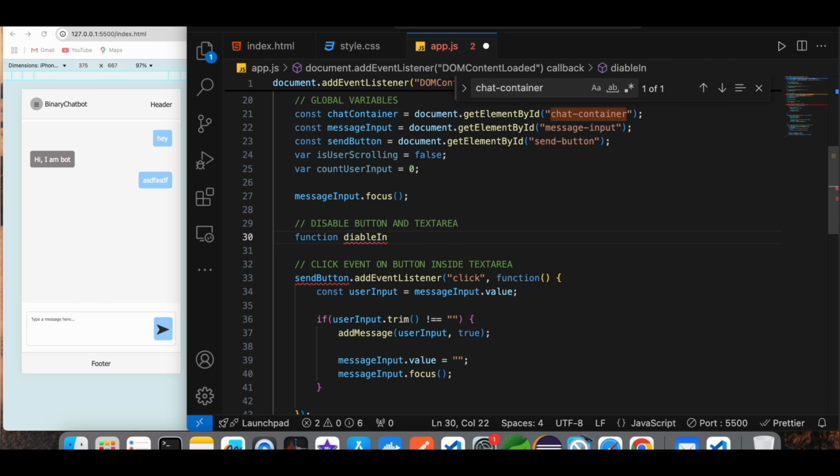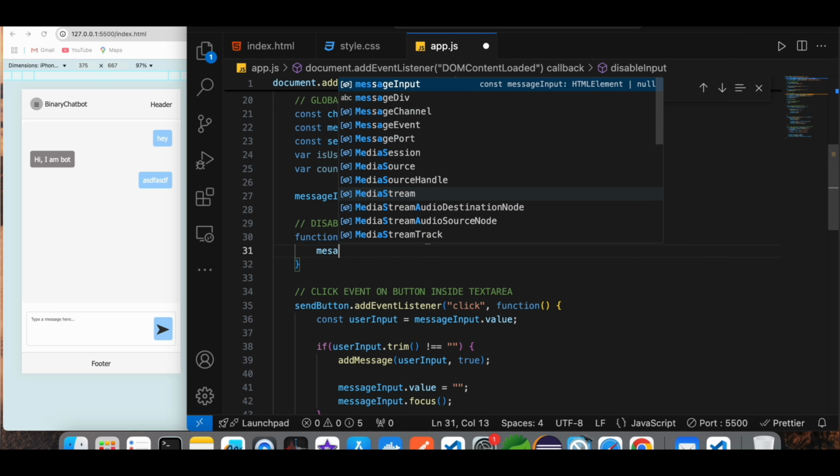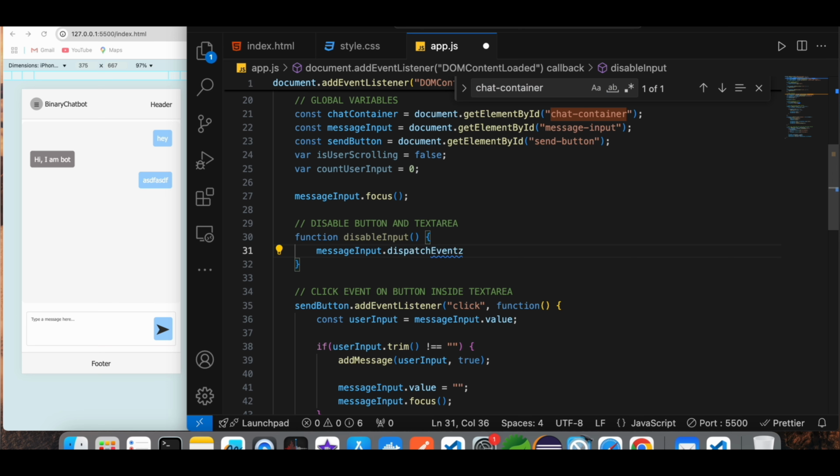So the first one is to disable the button and text area. When the enter key or the send button is clicked, the fields are disabled. So for that,